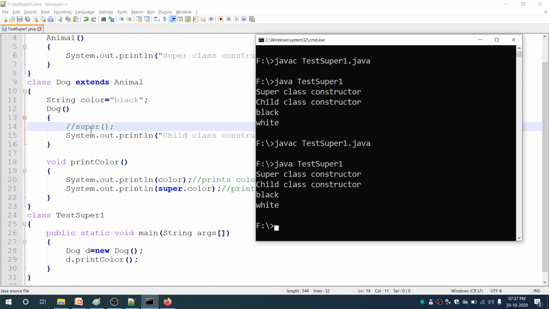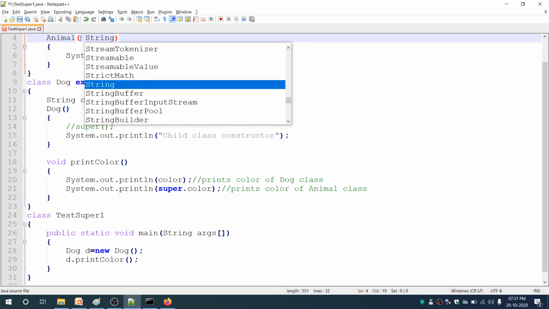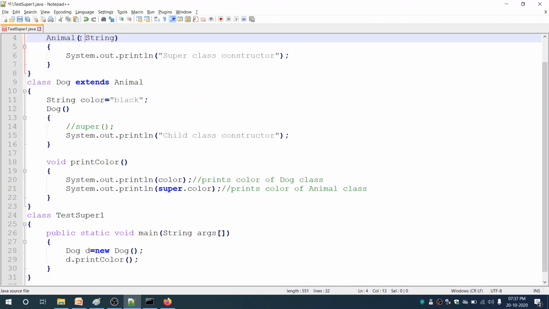But if you have a parameterized constructor, say I am having a parameterized constructor which takes one string variable, string str, and I'll just keep the comments.